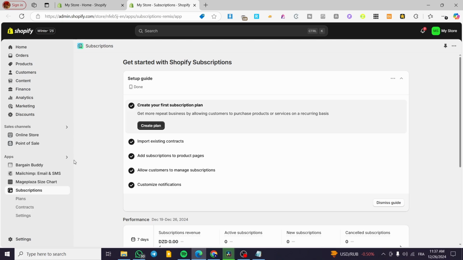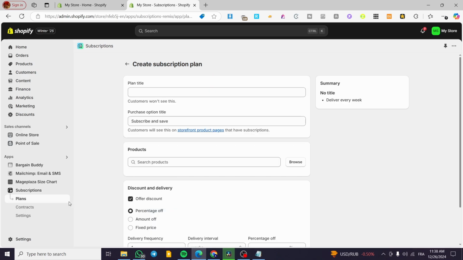Now we are going to see the app here. You're going to follow the setup guide. Here we have only 5 steps to follow. The first thing is creating the first subscription plan. So you are going to click on create plan, and then put in a plan title and a purchase option title. For example, here we have Subscribe and save. I'm going to put here something else, like Subscribe and get a discount